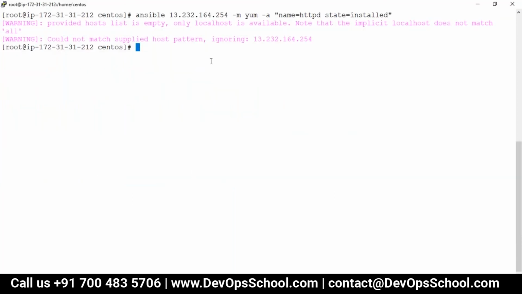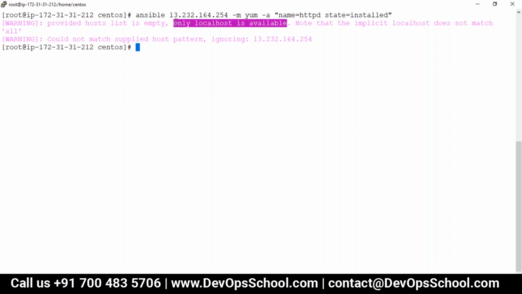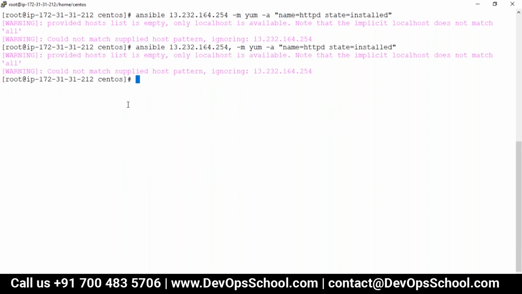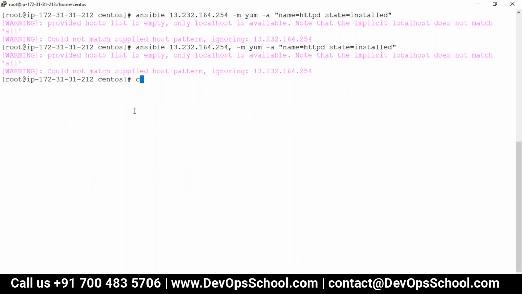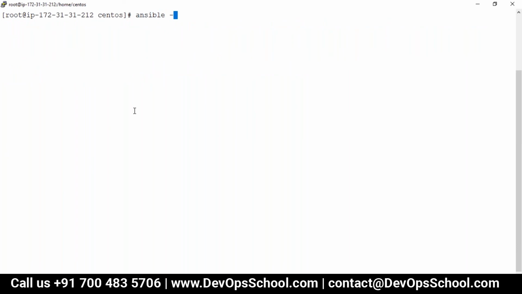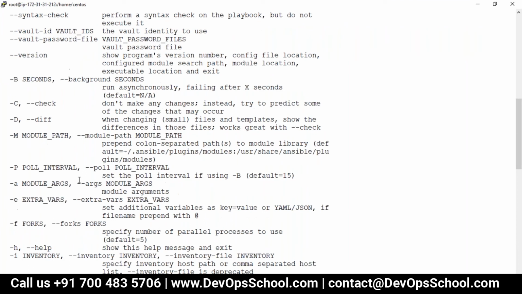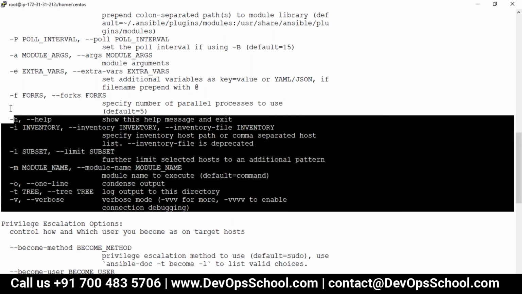But it also says only available for local hosts. I used it last time only. Okay, and here it says, can I run this one now and see that error message? Something similar. This time I'm sure it is a list, but it's not detecting at all. So guys, I don't know what to do. I know only one command, -h. So how can I provide the inventory list? I need to learn. Guys, any idea?